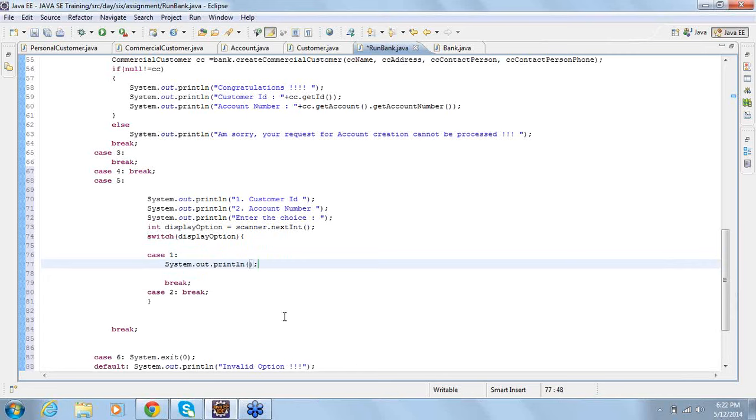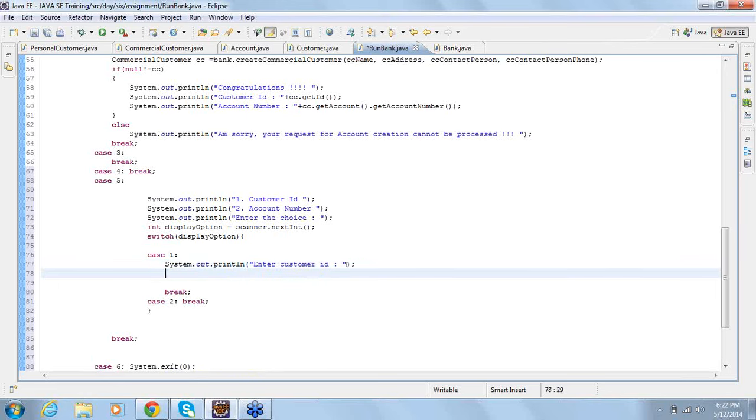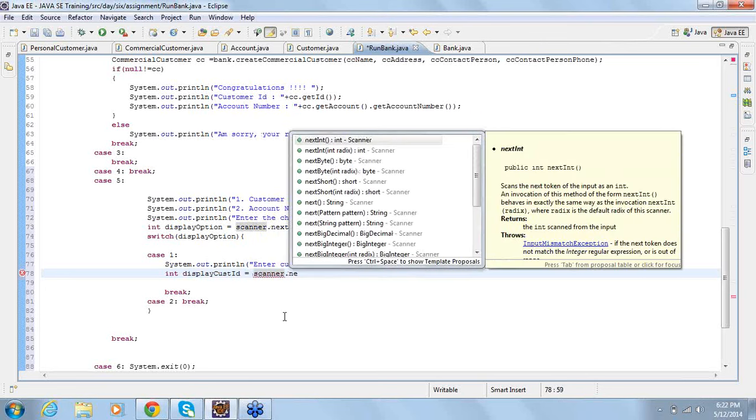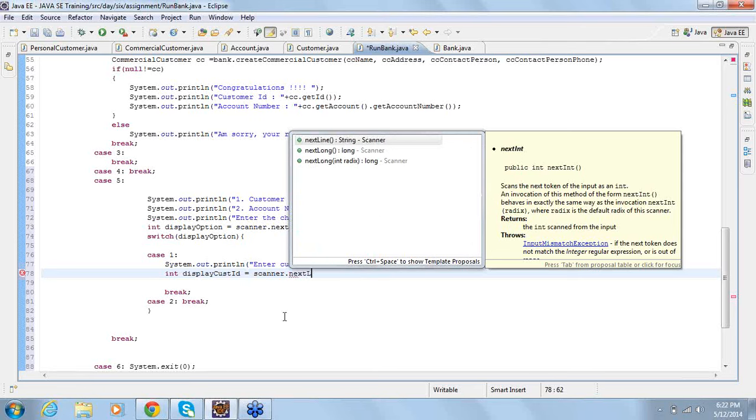Then I prompt: enter the customer ID. Then here we go. For display, I need a cust ID. So I think it's a long. Next long.